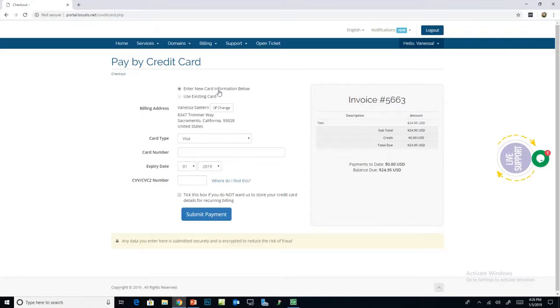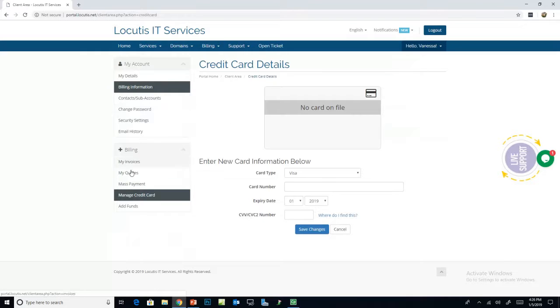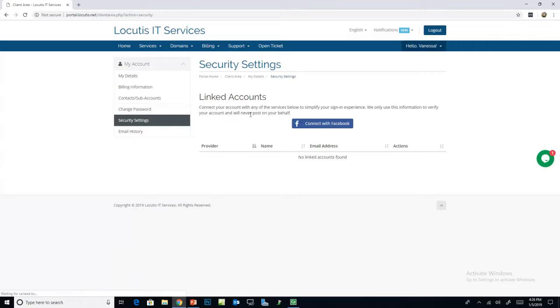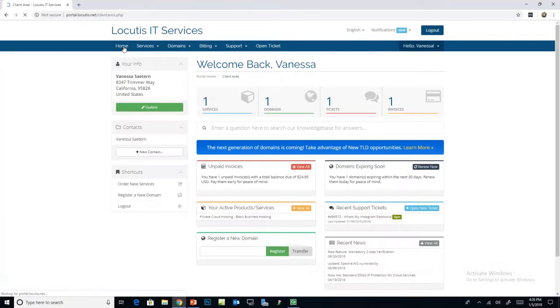We could either enter in new card information, or we can use an existing card if we already have one on our account. If we want to manage the cards that we have, we just click on our name up here in the top right hand corner, go down to Manage Credit Cards, and then we can add as many cards as we want or delete cards that we have on file, as well as manage any of our security settings like linked accounts. Returning home,